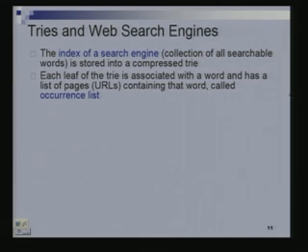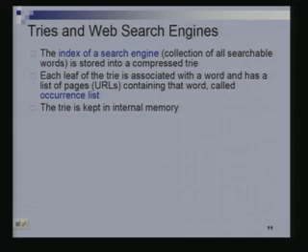And each leaf of the trie is associated with a word, and together with the word, जैसे हमने वहाँ पे word के साथ occurrences डाले थे उसके text में, now we will have कि कौन-कौन से URLs हैं जिसमें वो word occur करता है. Right? That's called the occurrence list.